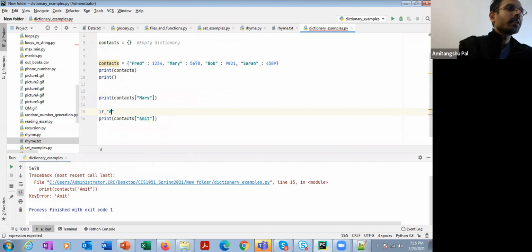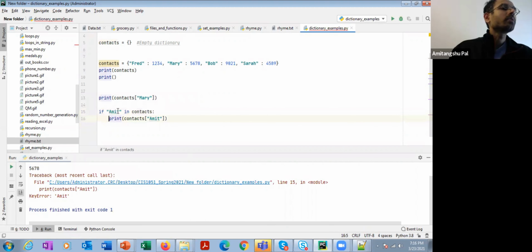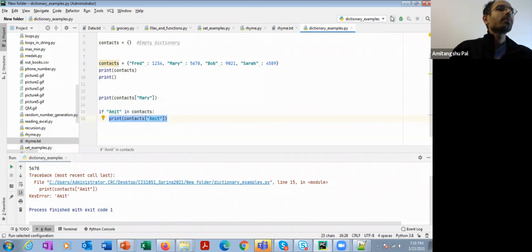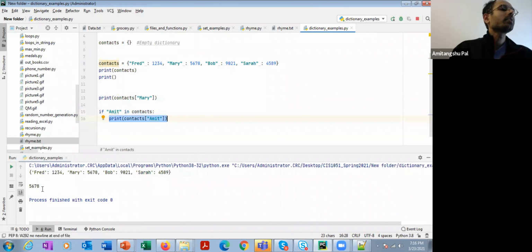So, if Amit in contacts, that means Amit is in contacts is going to be true if this is a valid key, otherwise it is going to be false. So if this is true, then it is going to return the corresponding value, otherwise it is not going to do anything, because Amit is not there in the list.